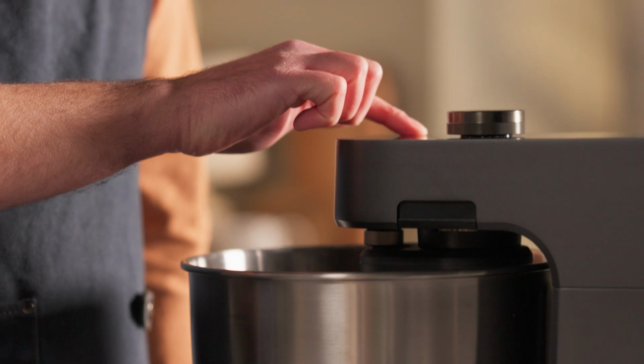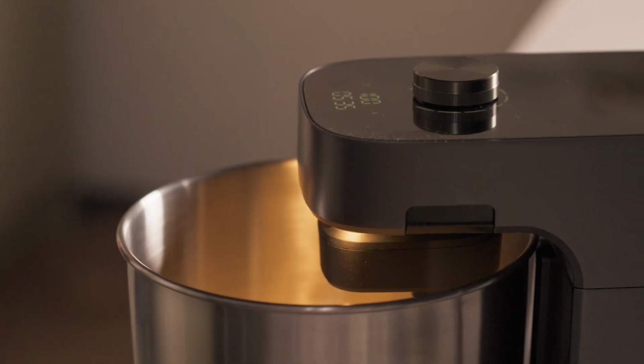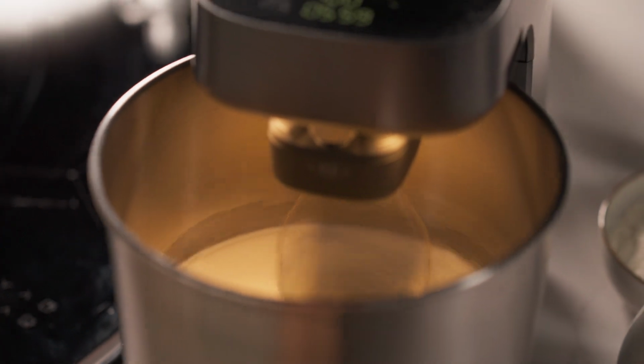With only the egg whites in the Ooni Halo Pro mixing bowl, set the mixer to 100% and whisk the egg whites for 1 minute 30 seconds. Keeping the speed at 100%, set the timer to 9 minutes and add the remaining caster sugar 1 tablespoon every